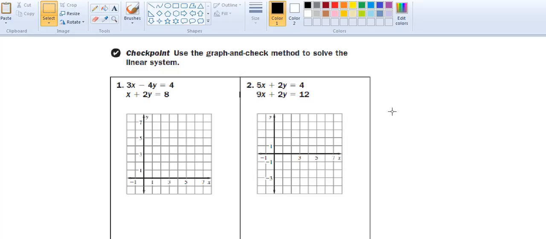Now in this lesson, since it's kind of a difficult concept, we're going to do a couple of the checkpoints. Checkpoints are on page 144, the last page in this 7.1 section. So what we're going to do here is I'm going to graph the solutions and show you the point where I thought it went. What you should be doing is following the steps, getting it in